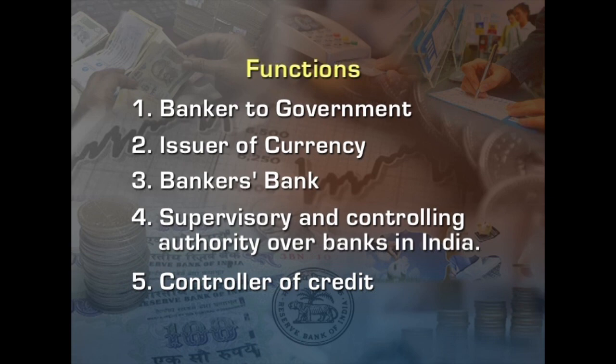5. Controller of credit. The RBI is the controller of credit. It can instruct banks not to give loans to traders of certain commodities, as for example, sugar, edible oil, etc., which prevents speculation or hoarding of commodities using money borrowed from banks. It exercises credit control under Section 21 of the RBI Act, and it also controls the volume of credit in a quantitative way. It also governs the bank rates and regulates the CRR for scheduled commercial banks.